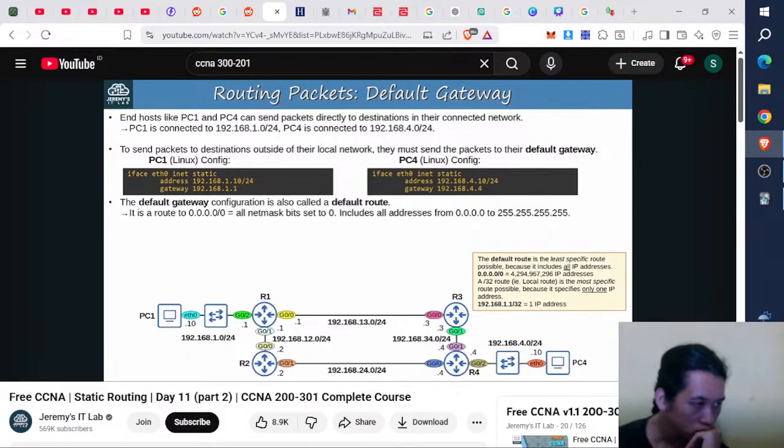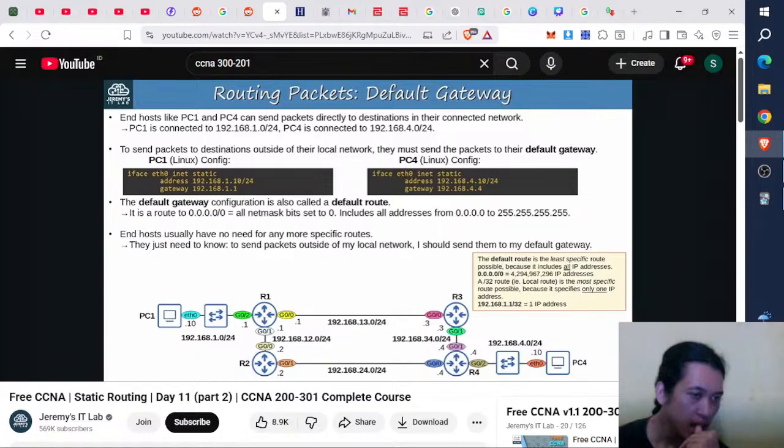For example, 192.168.1.1/32 specifies only one IP address. So the default route says, if there aren't any more specific matches for this packet, don't drop it. Send it via this route instead. Later, we'll see how to configure a default route on a Cisco router and what it can be used for. But for now, just understand how it works for end hosts like PC1 and PC4. End hosts usually have no need for any more specific routes. They just need to know, to send packets outside of my local network, I should send them to my default